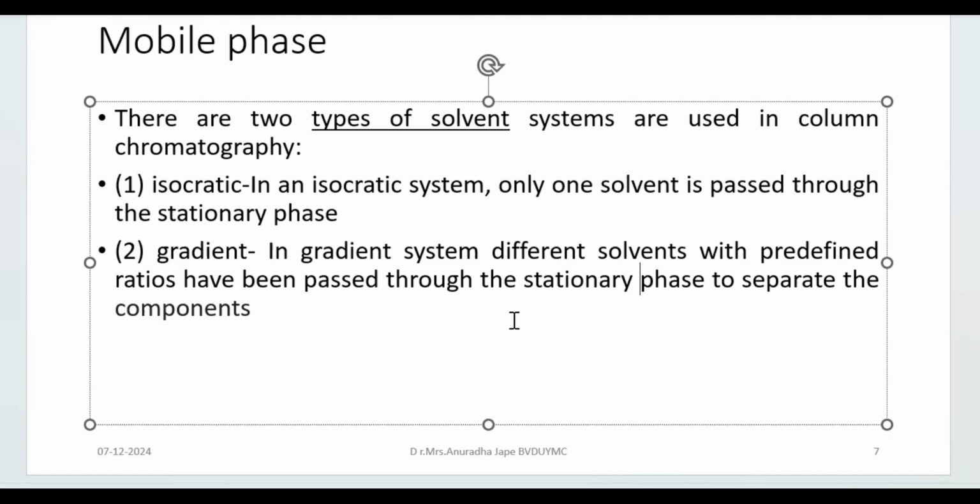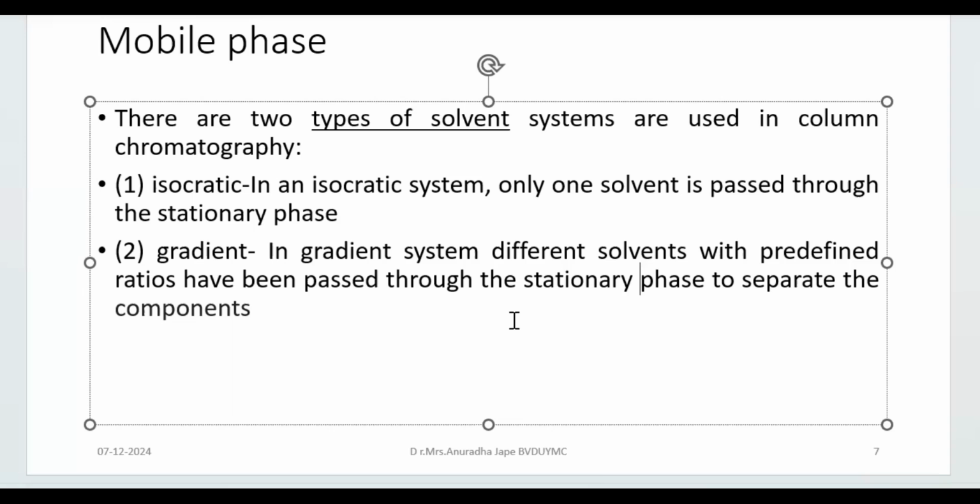So the term which is used for elution, the types of solvent systems, one is isocratic. In isocratic system, only one solvent is passed to the stationary phase. And in the second type, that is gradient system, different solvents with predefined ratios are passed through the stationary phase to separate the components. Now, isocratic, when I say iso is same, right, single, but here the component is